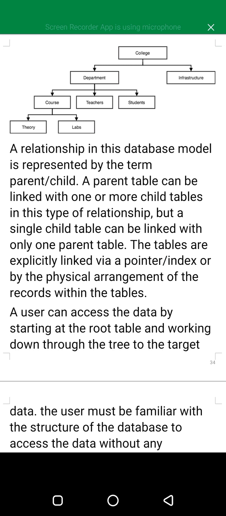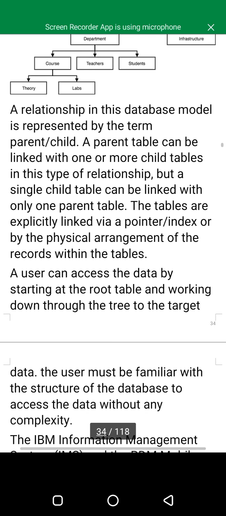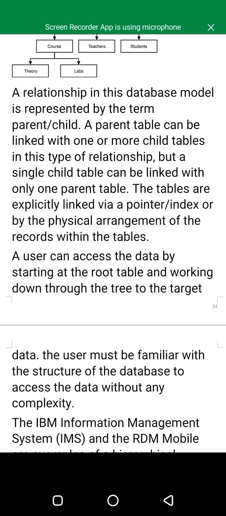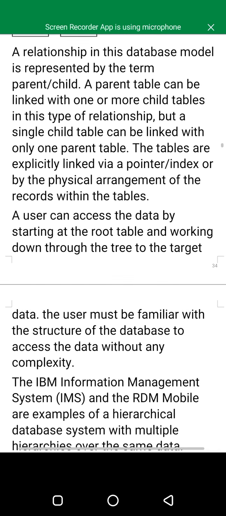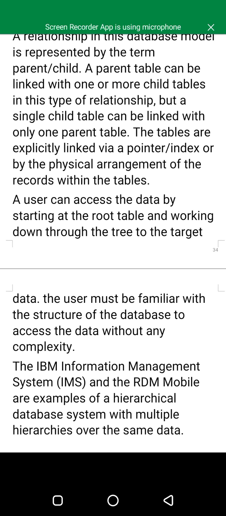The tables are explicitly linked via a pointer, stroke index, or by the physical arrangement of the records within the tables. A user can access the data by starting at the root table and working down through the tree to the target data.